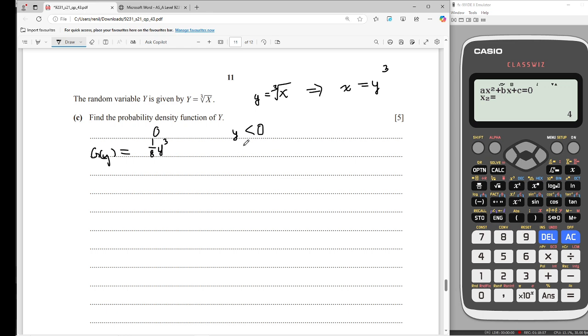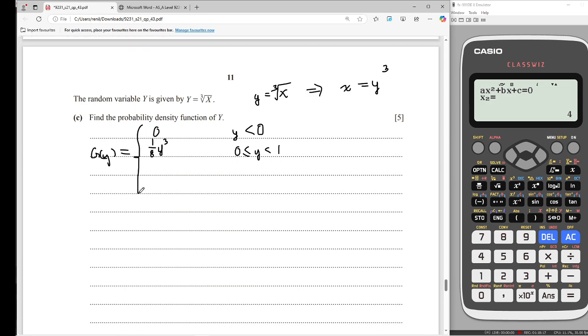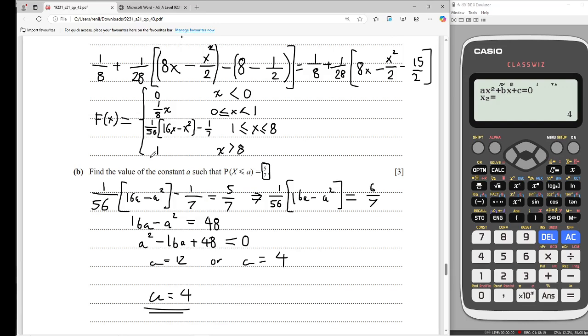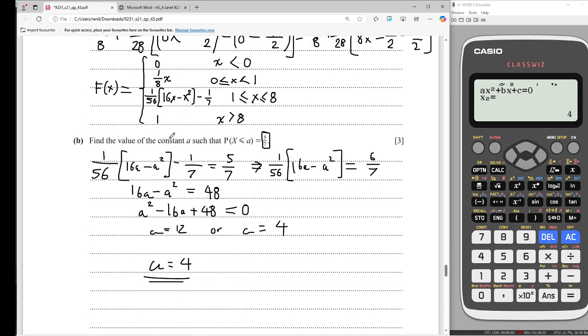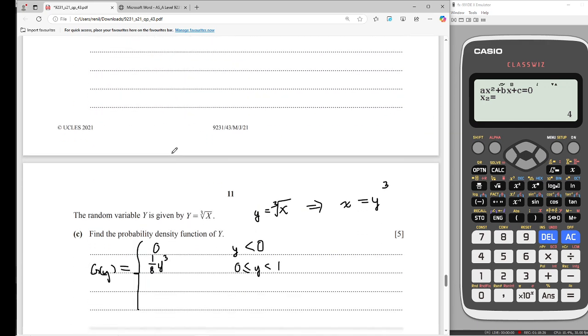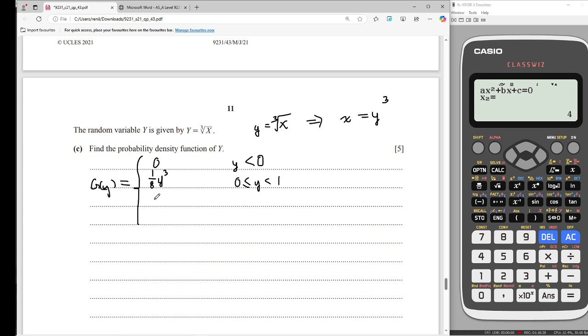So we have here 0 less than y less than 1. Now we have to substitute the next value into our big function right here, 1 by 56 of 16x minus x squared and all that. Plug in x equals y cube. I'm going to keep this on 2 lines so that it's more visible. So you get here 1 by 56 with 16 y cube minus